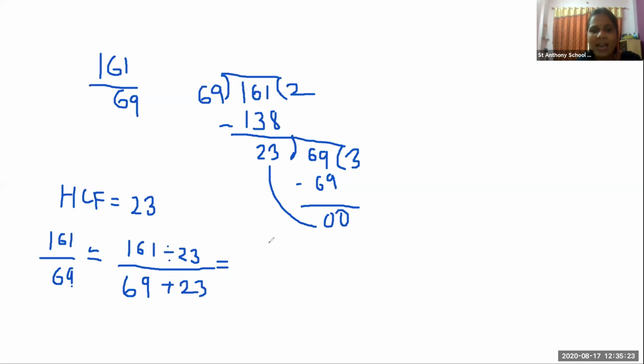You are faster than me, actually. Very good, everyone. I hope you have all understood these sums. Clear, everyone? These sums look difficult, but they are actually not difficult. We have to divide the numbers, then we get the HCF, right? And after getting the HCF, we convert that number into its lowest form.